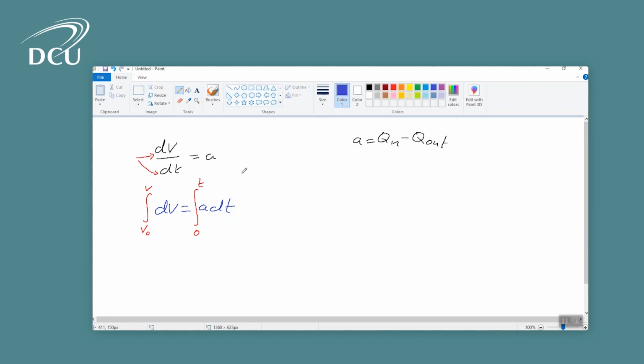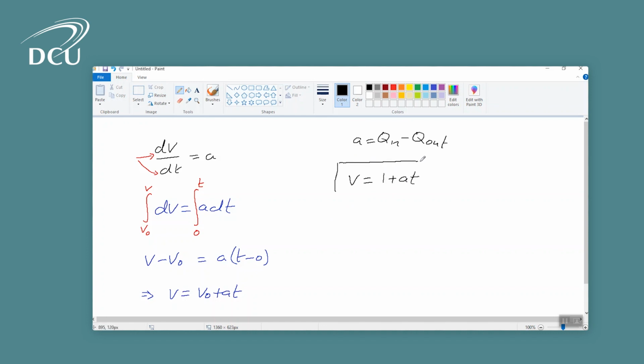And now we do the integration. So this is really an integration of 1. I mean, that's 1 multiplied by dV. And remember, the integration is the opposite of differentiation, and a dV is just 1. So the integration of 1 is you get the V back. So we get V minus V0 is equal to A, because A is a constant, it just stays out of the integration, t minus t0. And that means that V is equal to V0 plus A times t. I think in the problem statement we said that V0 was 1 liter. So our final answer then is that V is equal to 1 plus A times t.